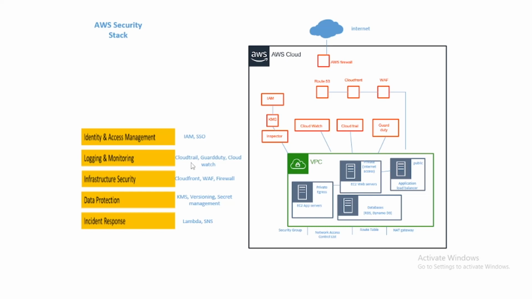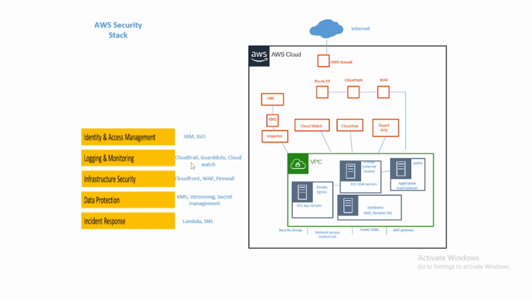And for logging and monitoring, I'm making sure that any activities on my servers and my environment are being tracked via CloudTrail. Any detection in the event something is nefarious looking, GuardDuty is informing me of that. Same thing with CloudWatch, operating at the server level and the VPC level. Then infrastructure security on top of my applications